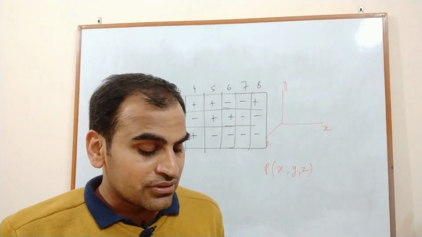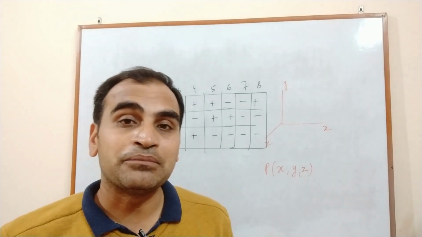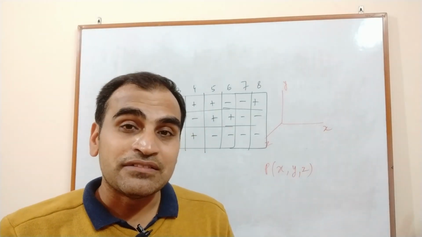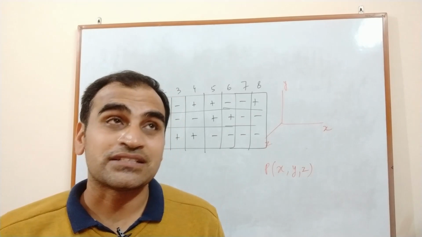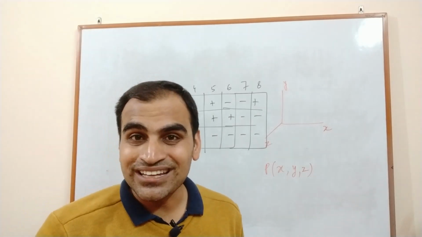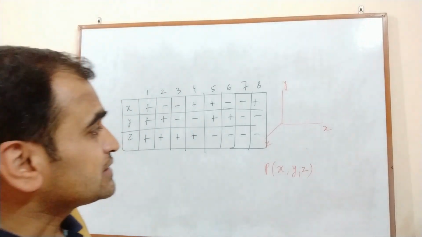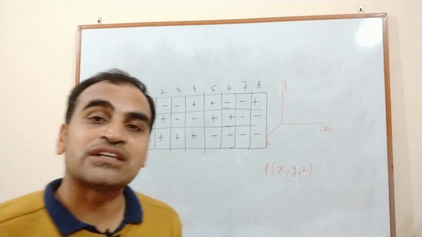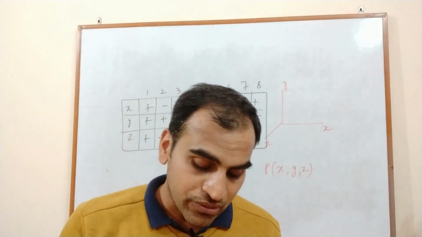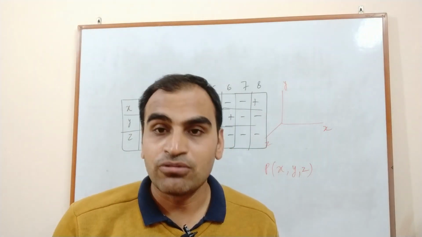Next, we discussed the section formula. There can be internal division and external division. In case of external division, we have to put a minus sign. Don't forget about this. Again, the section formula can be used to check whether points are collinear or non-collinear. So this is about 3D.